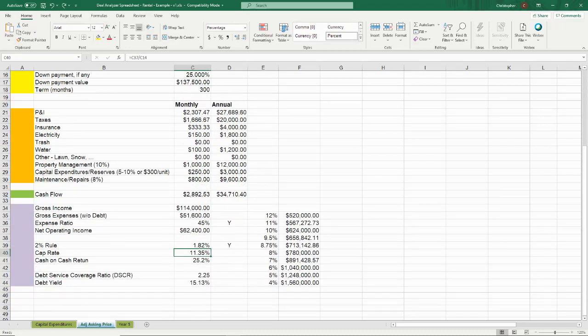So is that a good or a bad number? Well, the cap rate can also be identified or related to risk. A lower cap rate might mean that an asset is more stable or less risky. And a higher cap rate might mean that the investment is more risky. Now, a lower cap rate percent and a higher cap rate percent is also going to vary in the eyes of the buyer versus the seller. For the seller of the real estate asset or investment, a lower cap rate delivers a higher value, and I'll show you how we get to that. And for the buyer, a higher cap rate delivers a lower value or a lower price.